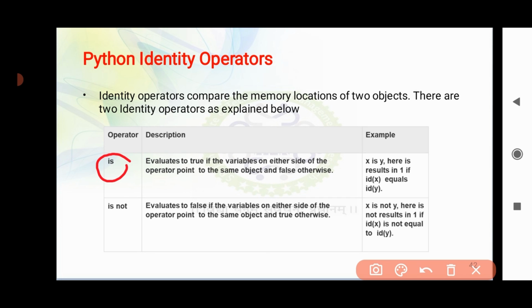It evaluates to true if the variables on either side of the operator point to the same object, and false otherwise. That means if the memory location of both objects is the same, then only it results in true or 1, otherwise false.